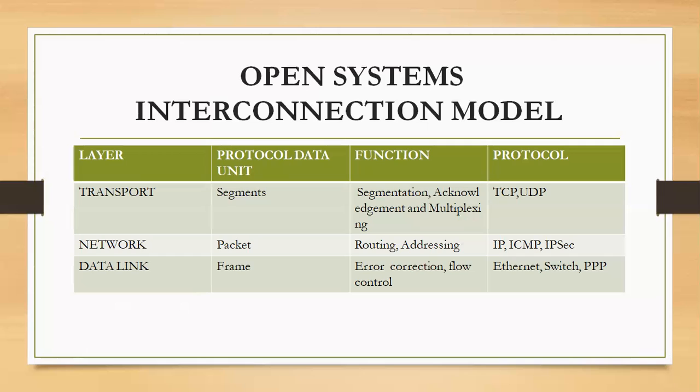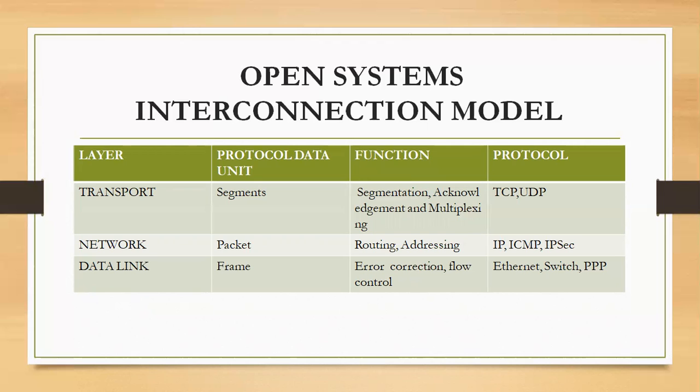You can do segmentation, that is further breaking down the packet into lower units. You want to ensure you get acknowledgement that the packets have been delivered. Then multiplexing: when you have so many streams of data to transmit, you can actually multiplex them. It's like compression. You compress them into one, using multiplexing software. Then when it gets to the receiving end, it can be demultiplexed.